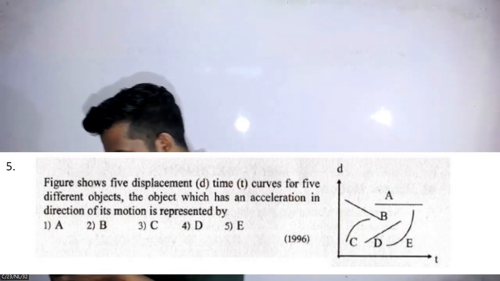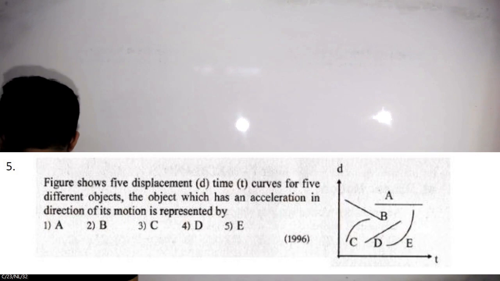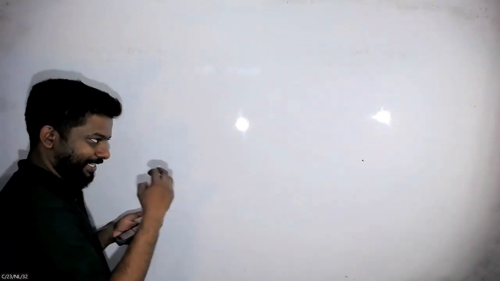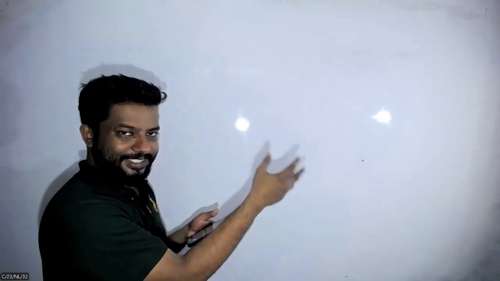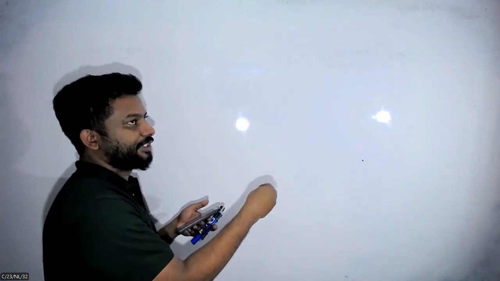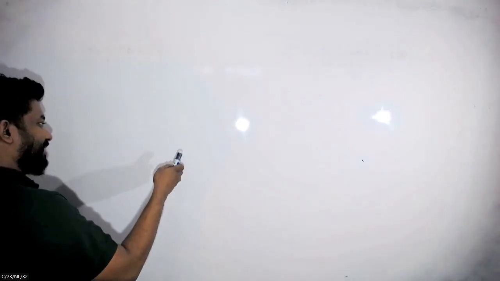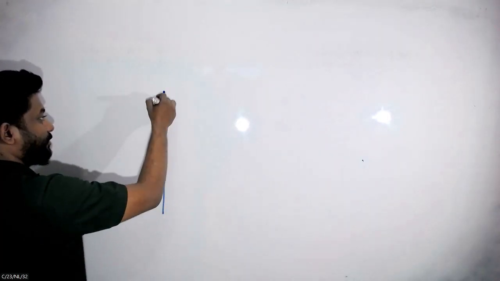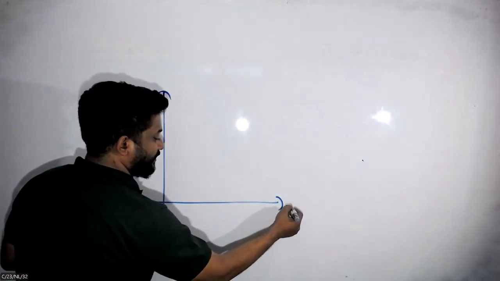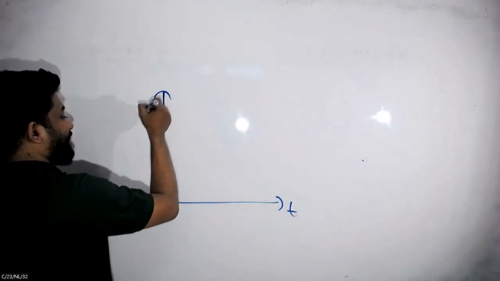Read the question. Figure shows the 5 displacement time curves for 5 different objects. The object which has an acceleration in direction of its motion is represented by which one? When an object accelerates towards the direction of motion, velocity of the object should increase. When the velocity of an object increases, the gradient of displacement time curve of the object should increase as